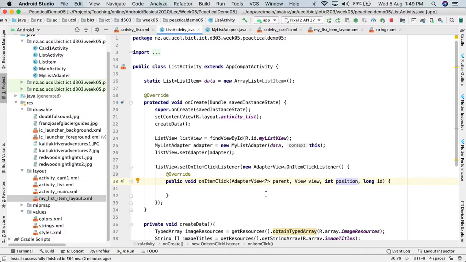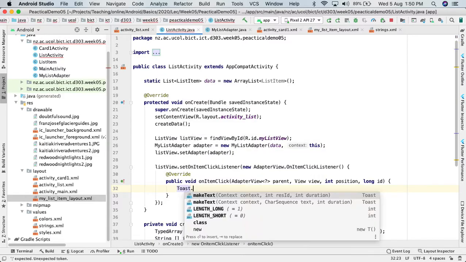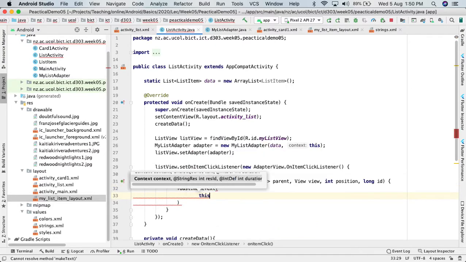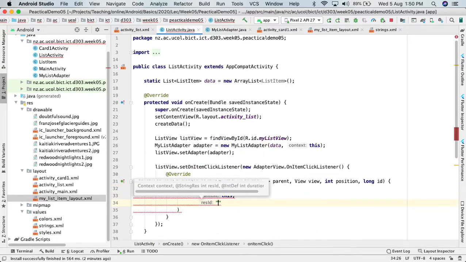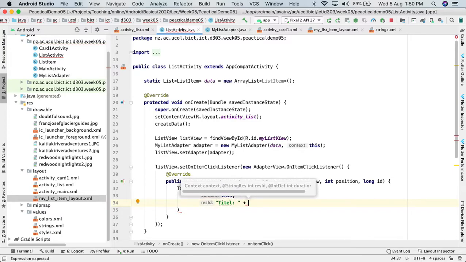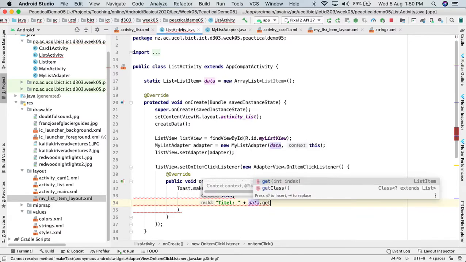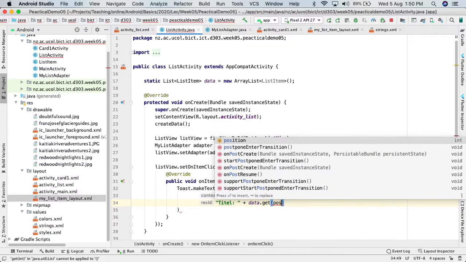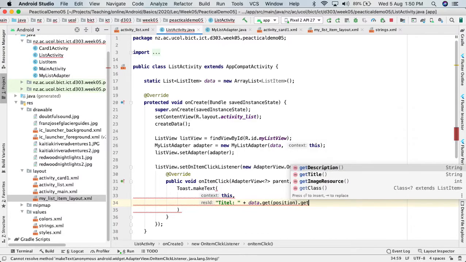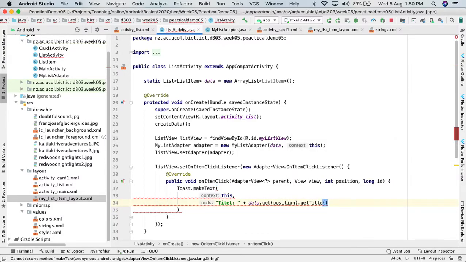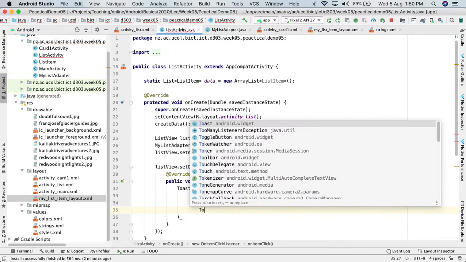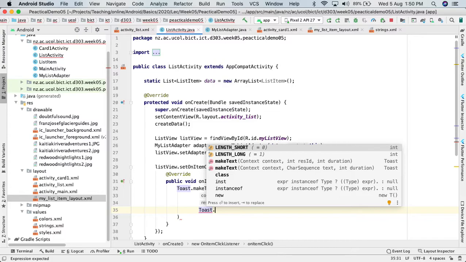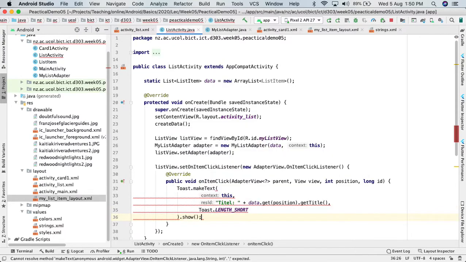So what we can do, I say Toast.makeText, and then I say this, and then I say that title, and then plus, we have data.get and then that particular specific position and the .getTitle. So I'm just trying to put that particular specific title.length, and then we say .show. So whenever we are